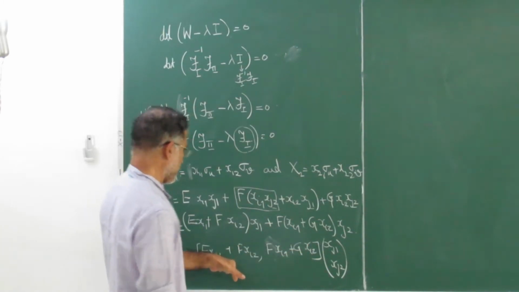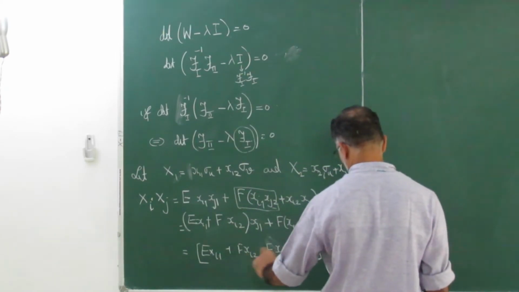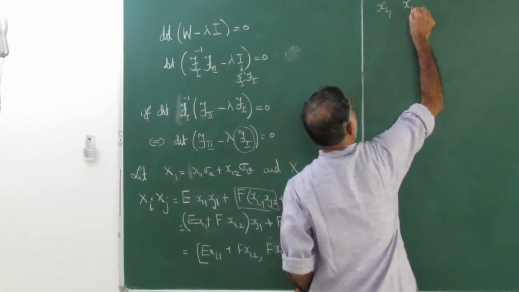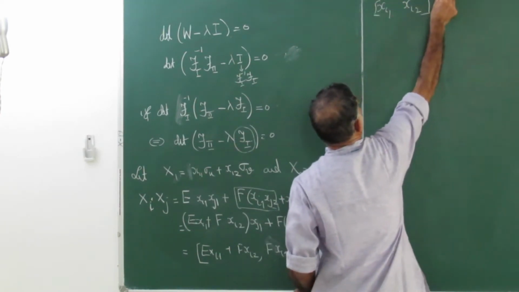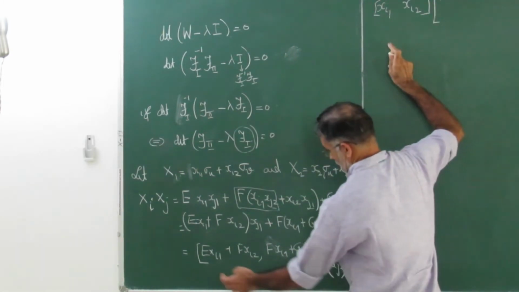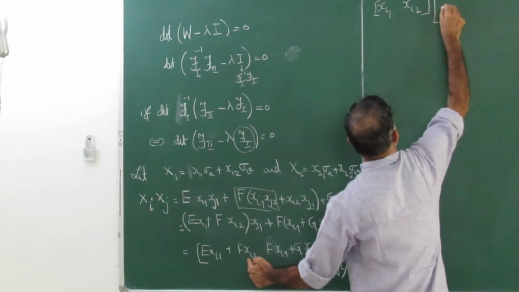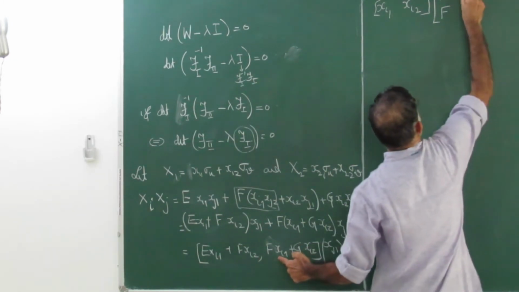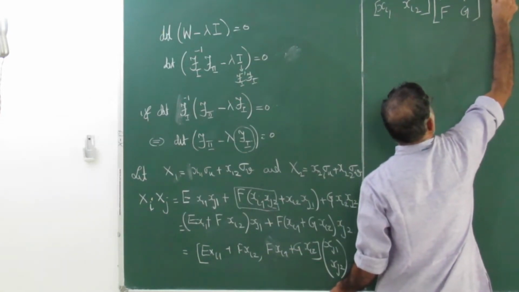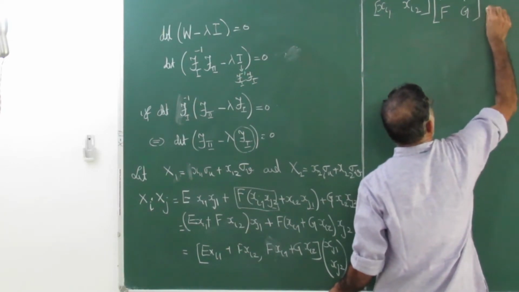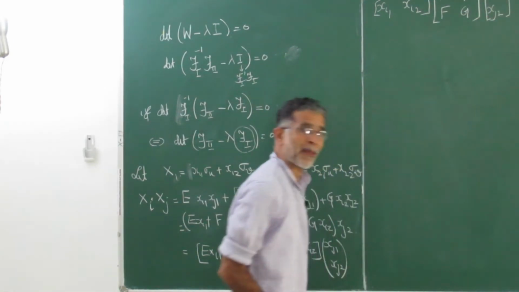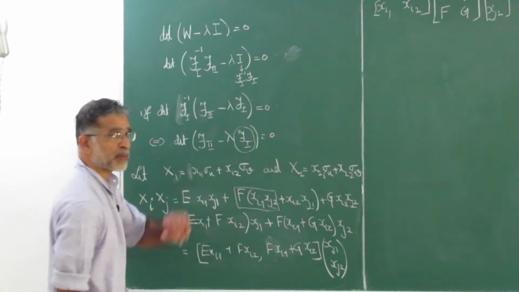Now again you can take this xi1 common, xi2 common. So you can write it as xi1 xi2, and what do you get here? You can see the first term is E xi1 plus F xi2 here, F, and this will be F xi1. Now you see what is happening. xi1, xj1, xj2. So this is the beauty, and we got rid of sigma u, sigma v, etc. from there.